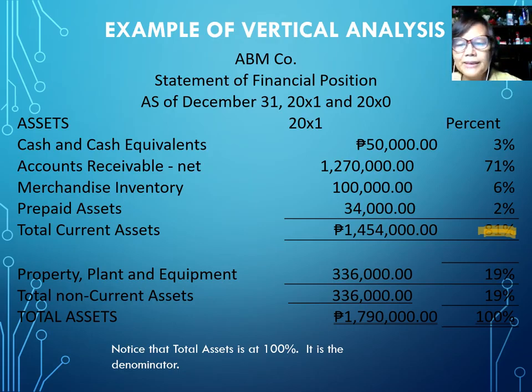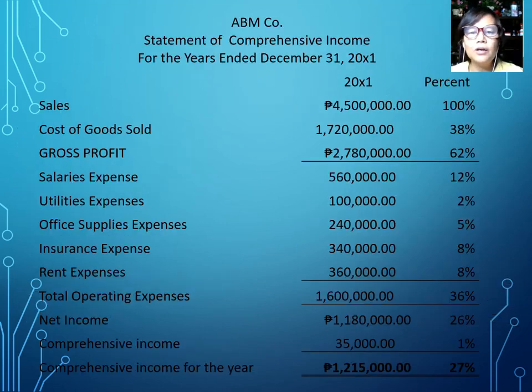Then the same, because there is no other item for the property, plant, and equipment, therefore the same percentage of 19%. Okay? So definitely 81 plus 19. How much is that? It is 100. Meaning that our total assets is at 100%, and it is the denominator. Okay? Now, let's go to